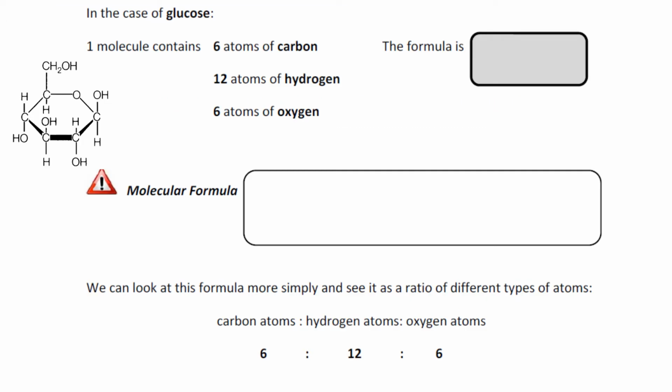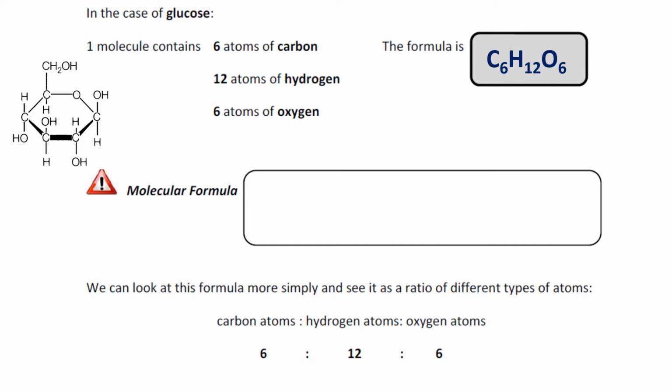So let's look at a slightly bigger molecule, glucose. You can see the structure of it there on the left hand side. Each molecule has 6 carbons, 12 hydrogens if you added all those hydrogens up, and it has 6 oxygens altogether. So the formula, we haven't really said what type of formula, but the molecular formula is